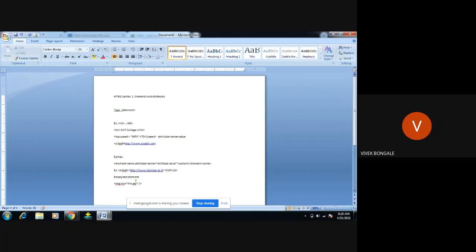It will not display any content. This we say is an empty text element. There is a value for the tag, but there is no text for this particular tag to work for the browser. That is called an empty text element.